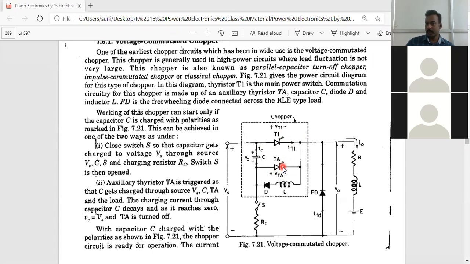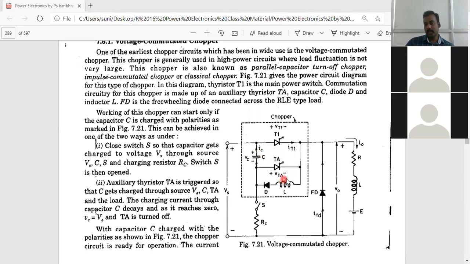When this is turned on, here the lower plate is going to be positive and the upper plate is going to be negative. This positive is going to be applied across the anode and negative is going to be applied across this anode. So ultimately reverse voltage is going to be applied, so the device is going to be turned off. Okay, so this is in the turn off state, but still this is going to be in the conducting state, isn't it? So whenever it is in the open state, here it is going to be positive, here it is going to be negative.